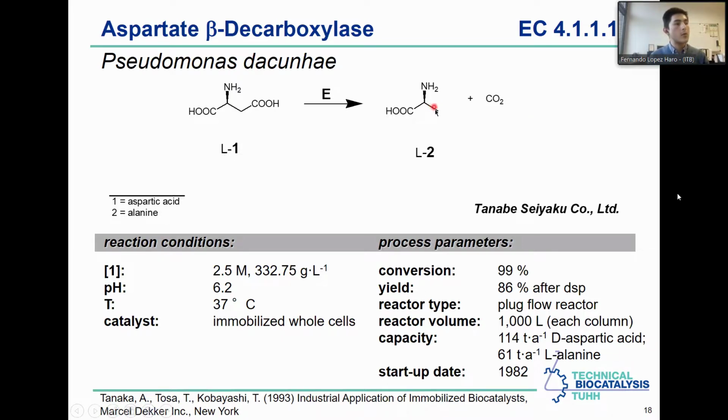When the 2 moles produced are dissolved in a liquid medium, that's not a very big problem. However, when you have a reaction where one of the components is gaseous, then you have some issues with the operation of the process, because if we now go to